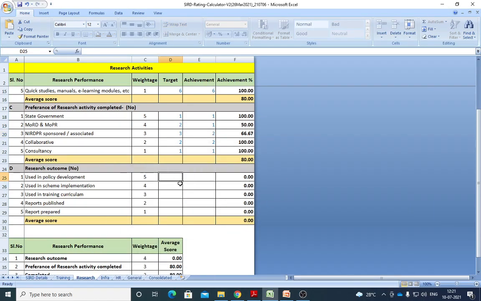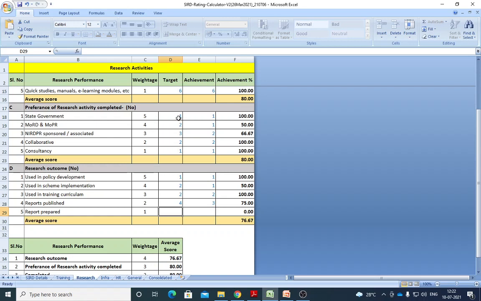And use of policy development: previously you completed some policy research projects, and now of those projects you targeted 1, and I have implemented those for this training year. So previously I targeted the scheme implementation study, I have completed 2, and this year I was able to implement in my training program only 1. Maybe the second one I am going to do next year, because that team is not coming this year. Likewise, the training curriculum: yes, from my study I was able to complete 3 training curriculums and match them for this training year. Report preparation: yes, I was supposed to complete 4 based on all the completed works, and I was able to complete 3. And report preparation, yes, I targeted 4.